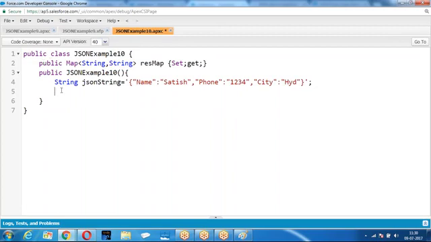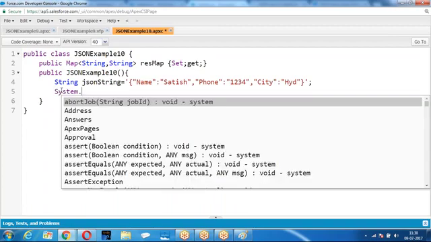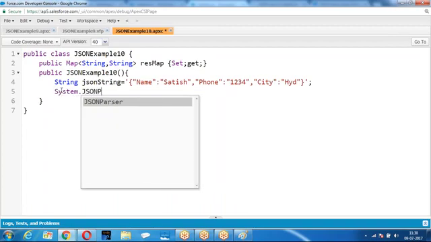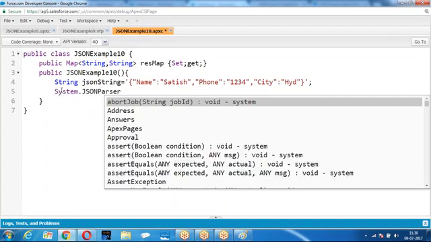This is a JSON string. So how do you deserialize it? We have a predefined Apex class called System.JSONParser.